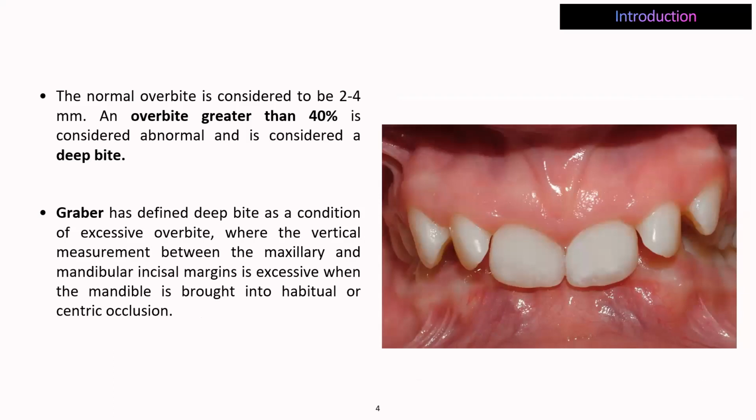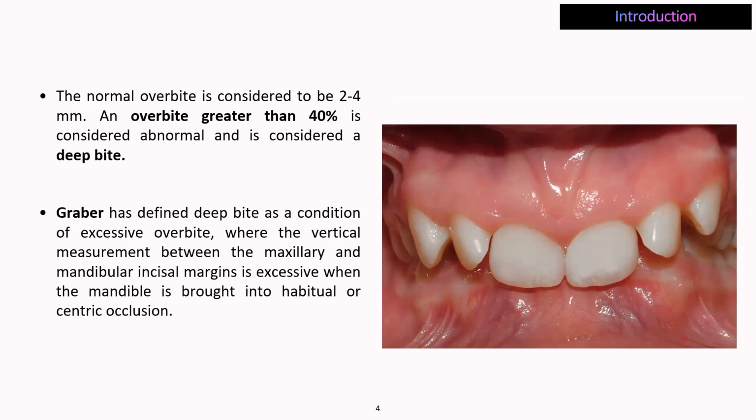A normal overbite is considered to be 2 to 4 millimeters, which means an overbite greater than 40% is considered abnormal and is considered a deep bite. So in case your upper incisor covers more than 40% of your lower incisor, that is considered to be a deep bite. Now, a normal overbite has to be